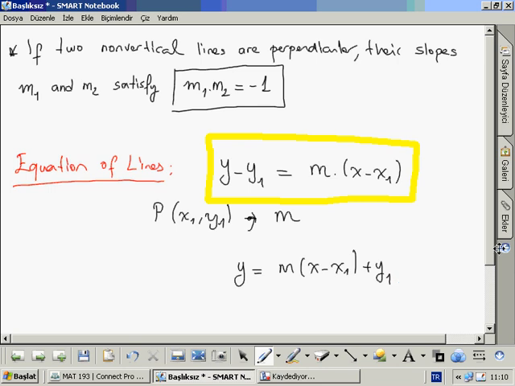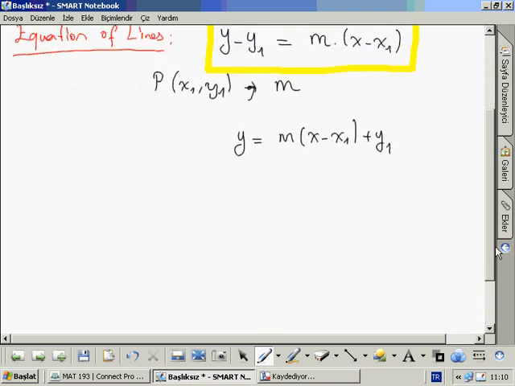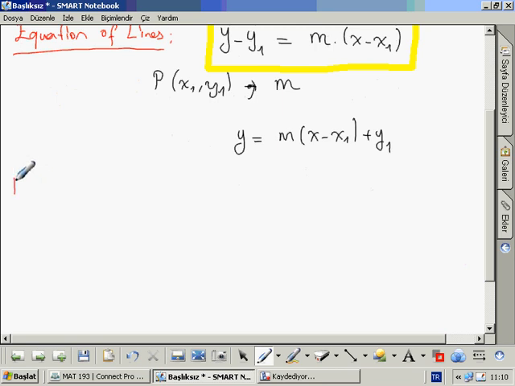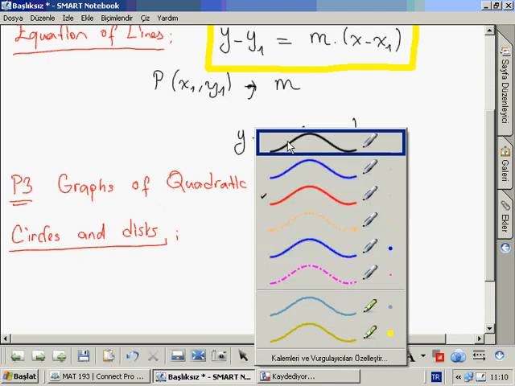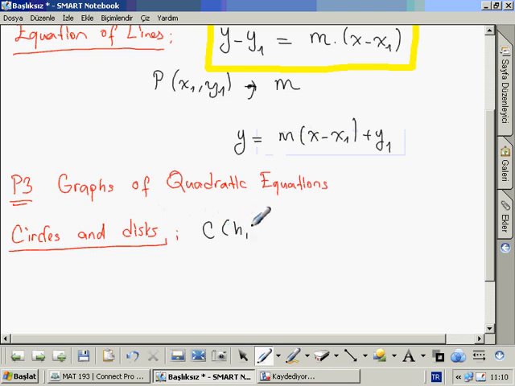And let's continue with another subtopic of the preliminary chapter, which is graphs of quadratic equations, and circles and disks. C (h, k) is the center of the circle,